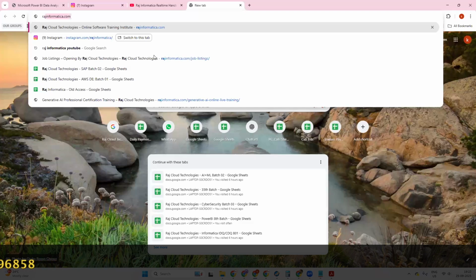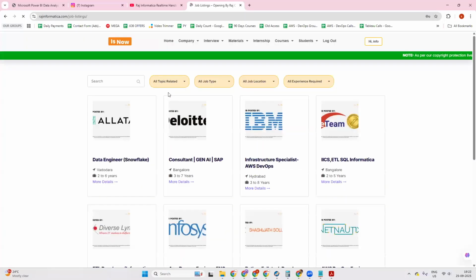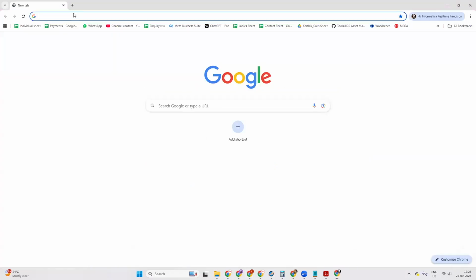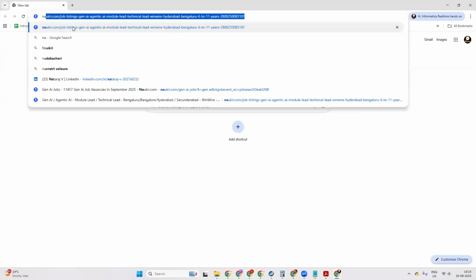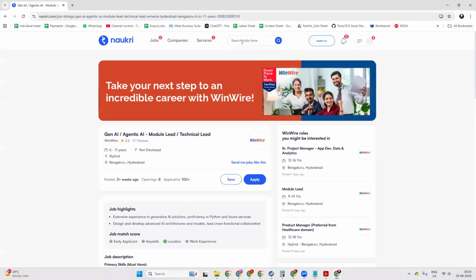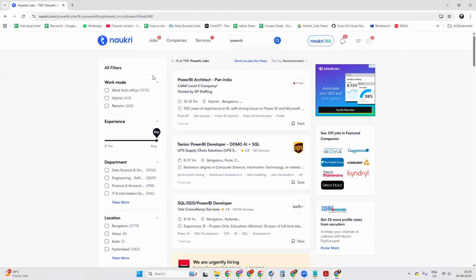So we are launching a new portal from our end, with job listings from Raj Cloud Technologies. If you go to Naukri and search for Power BI jobs, you can find many jobs here.